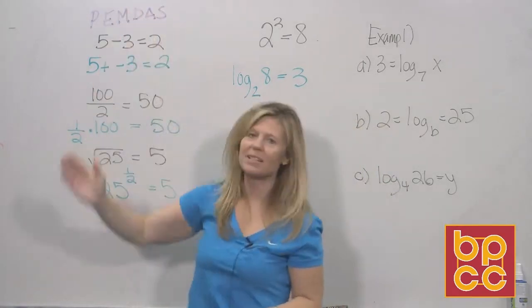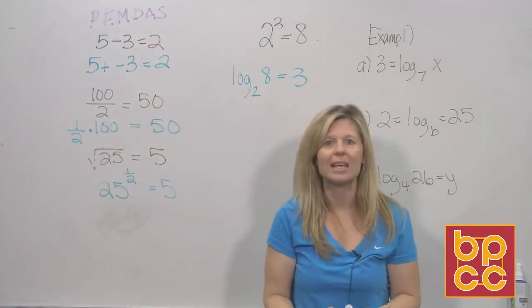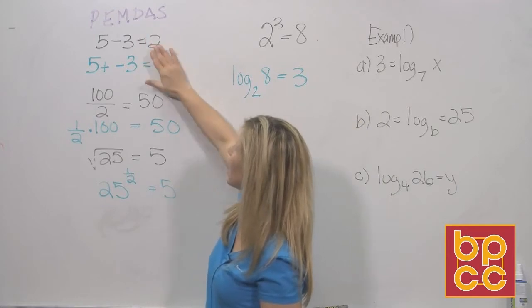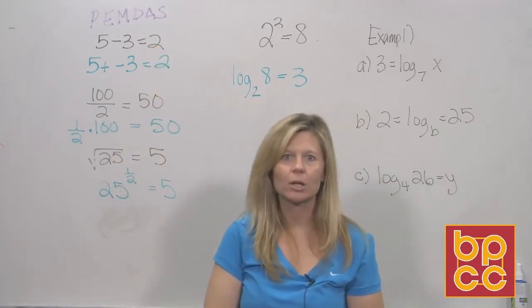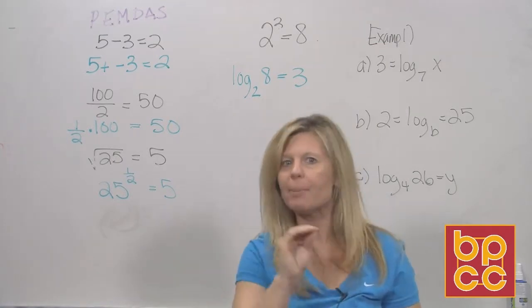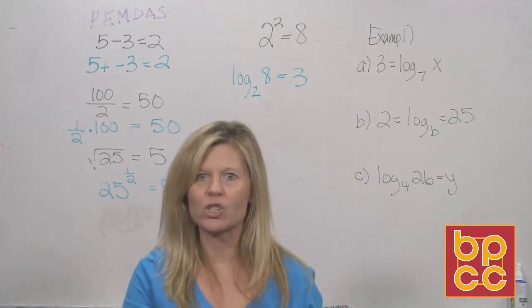According to Please Excuse My Dear Aunt Sally, they're inverses. They go together, just like add and subtract go together. Multiply, divide go together. Square roots and exponents go together. So what I want you to notice is the whole topic about today is there's a new equation on our